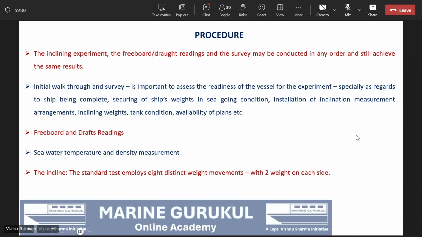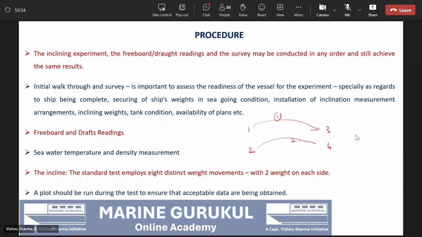The inclination is conducted by use of 4 weights, 2 on each side, and it basically results in 8 distinct movements. Now you'll say, sir, if you have 1 and 2 weight here and 3 and 4 on the other side, how does it result in 8 movements? 1,